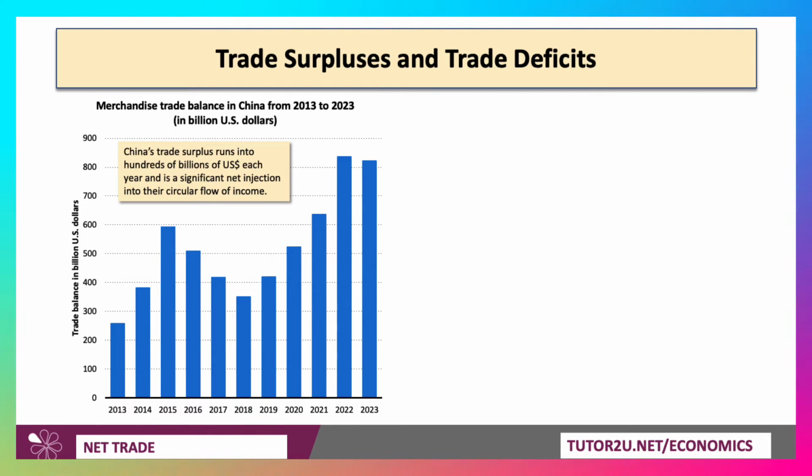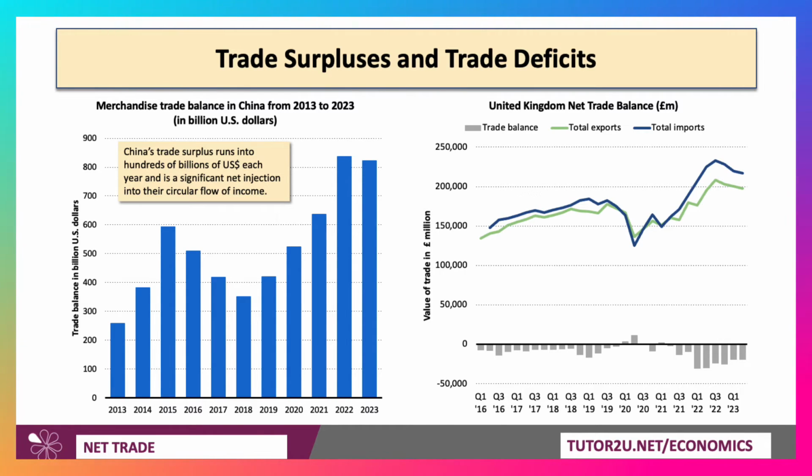So here are a couple of examples. First of all, China. China's trade surplus runs into hundreds of billions of US dollars each year and is a significant net injection into their circular flow. In contrast, the United Kingdom runs a persistent trade deficit. The green line here shows the value of total exports per quarter. The blue line shows the value of total imports, and the histogram